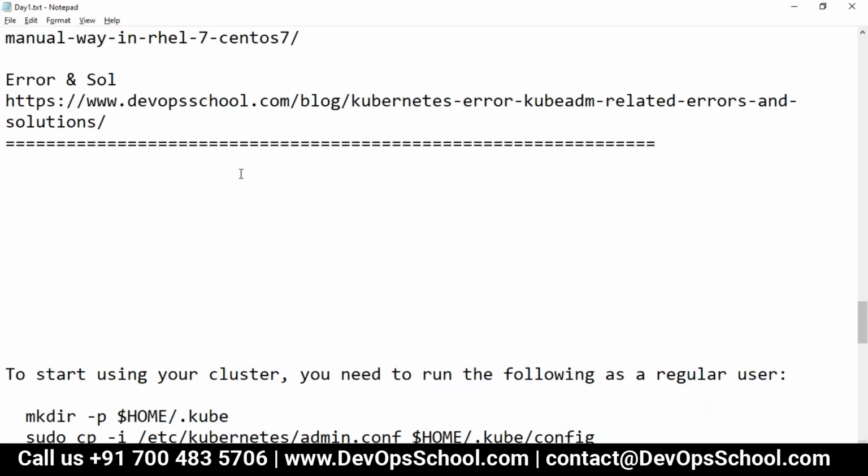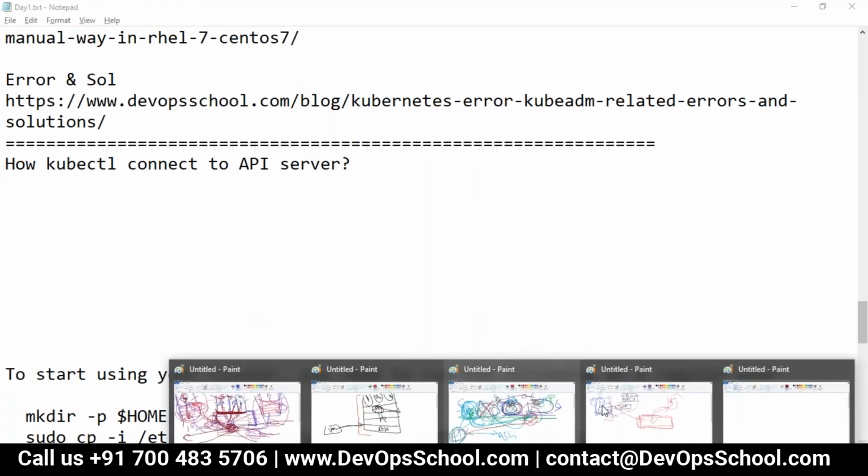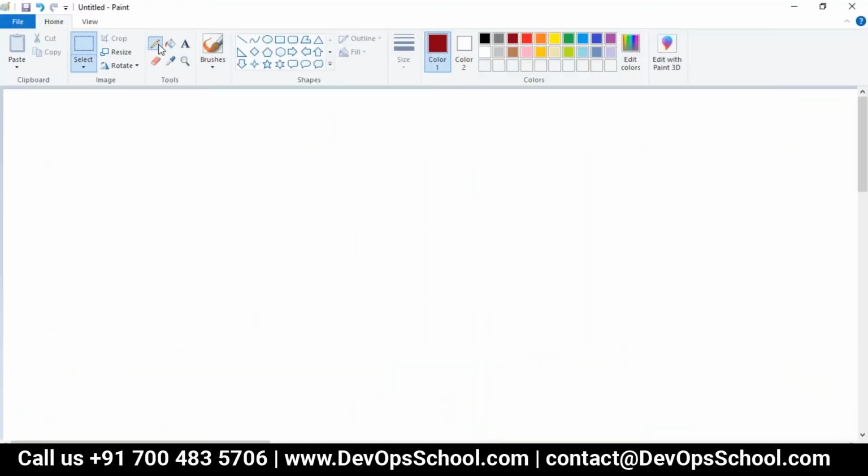Okay, so please understand this is a very important topic which will help you a lot. So the topic for now is how kubectl connects to the API server. That is the question. I hope you remember the architecture I discussed in detail, and there should not be any confusion around it, because the moment you have a confusion, you have lots of questions in your mind.